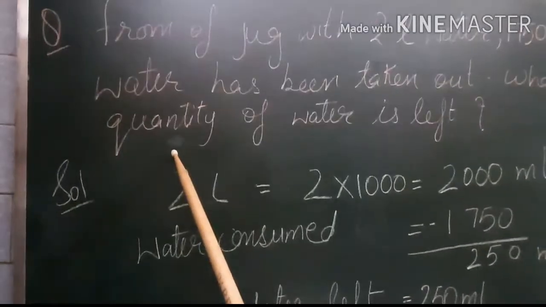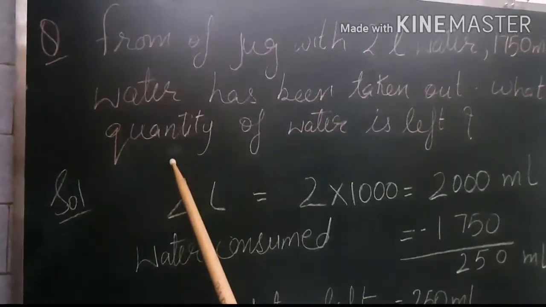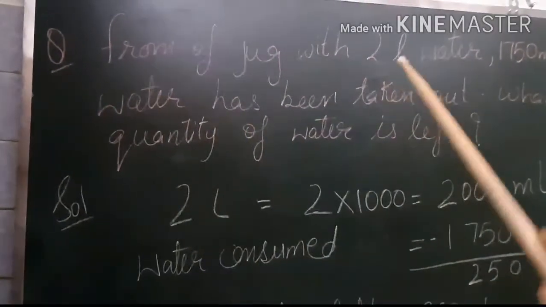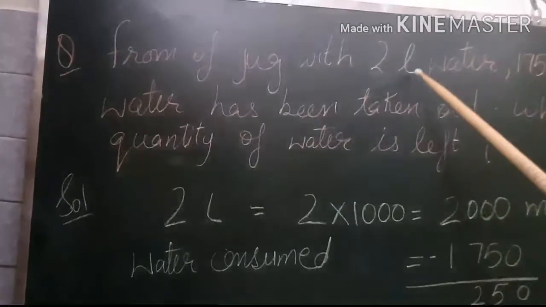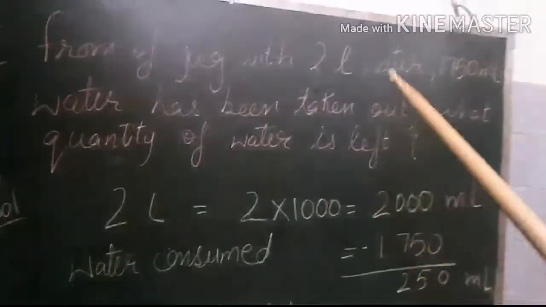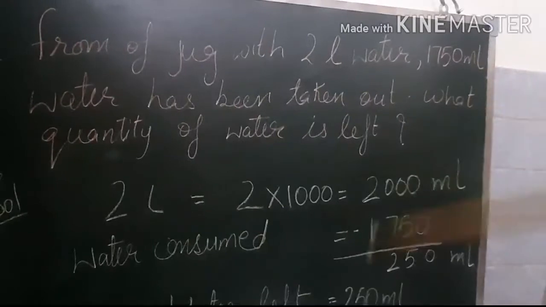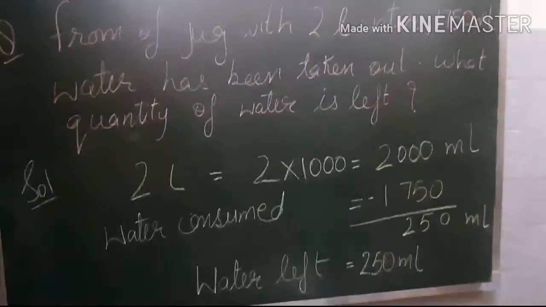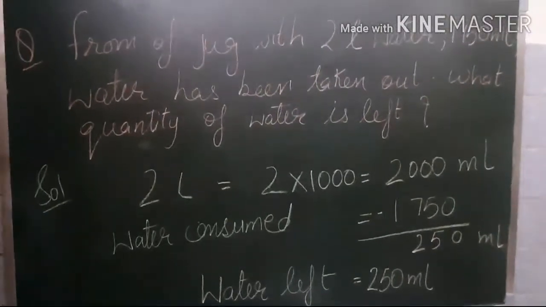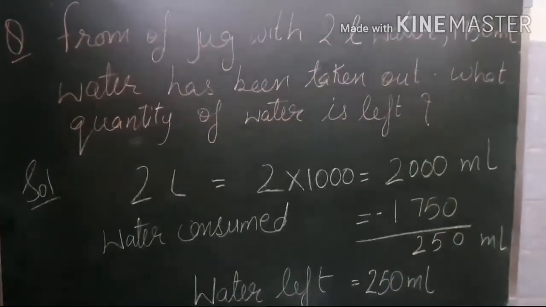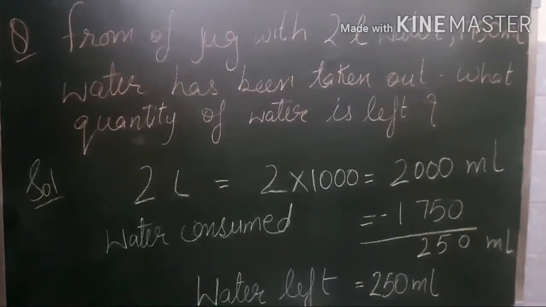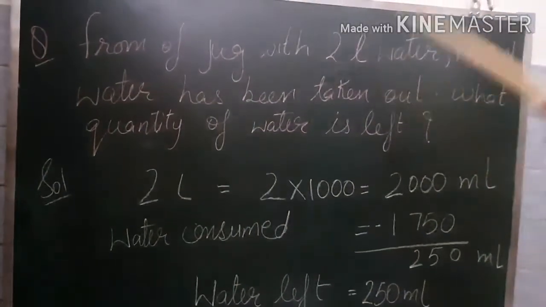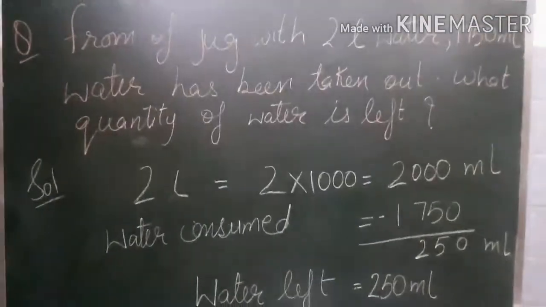So when we are going to solve a word problem or any other question of this type in measurement, just first convert quantities into the same unit. Like if you have kg and gram, then convert both into grams and then perform the operation required for the question. It may be multiply, divide, plus or minus. It all depends on the question. But first of all, we have to convert them into the same unit.